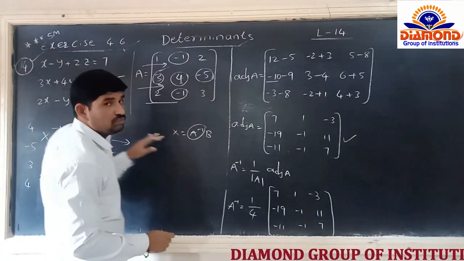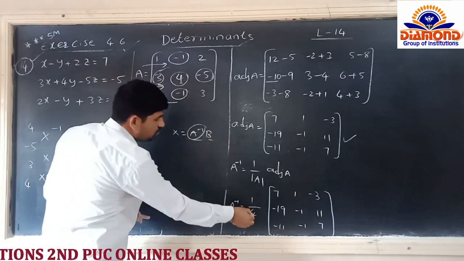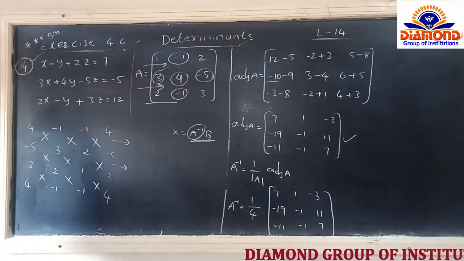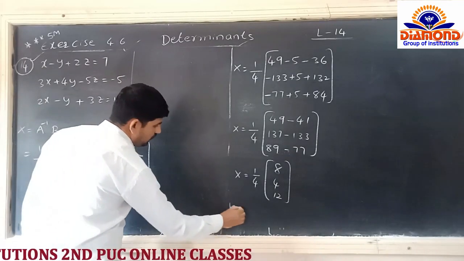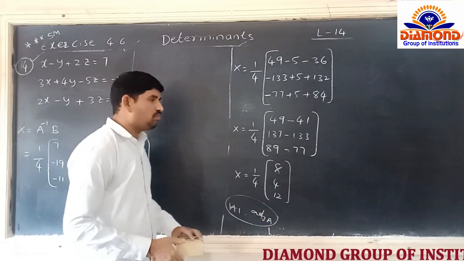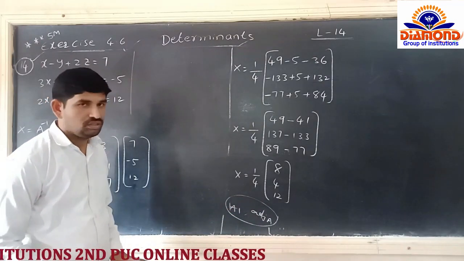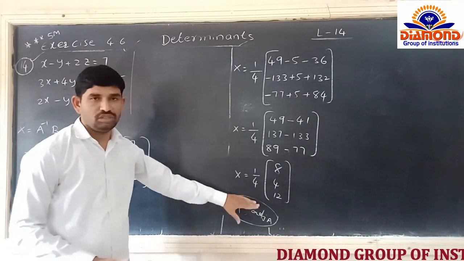From this we will get the matrix B. In the starting also we got matrix B. Now we can substitute these A inverse and B matrices and multiply. So we got the determinant of A and the adjoint of the matrix, yes or no? Finally we can find the A inverse. We completed A inverse is equal to 1 by determinant of A into adjoint A.